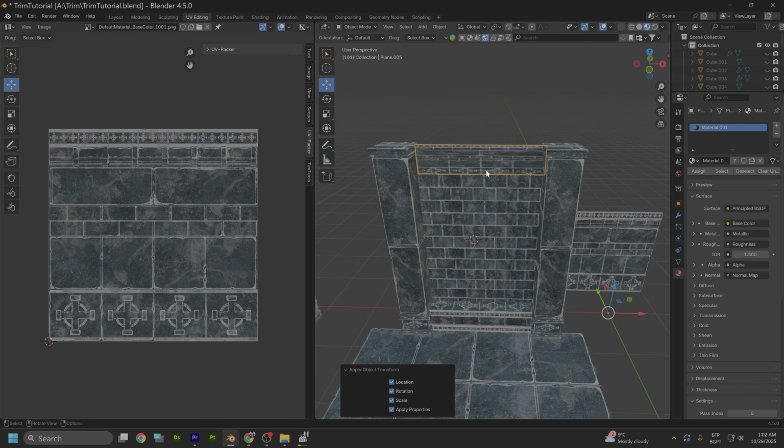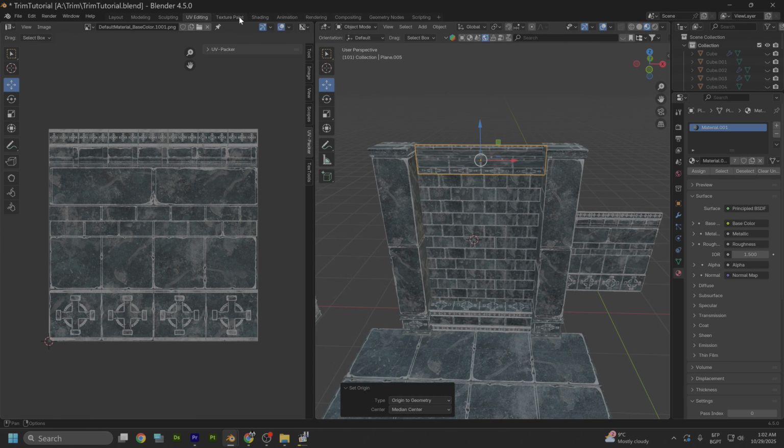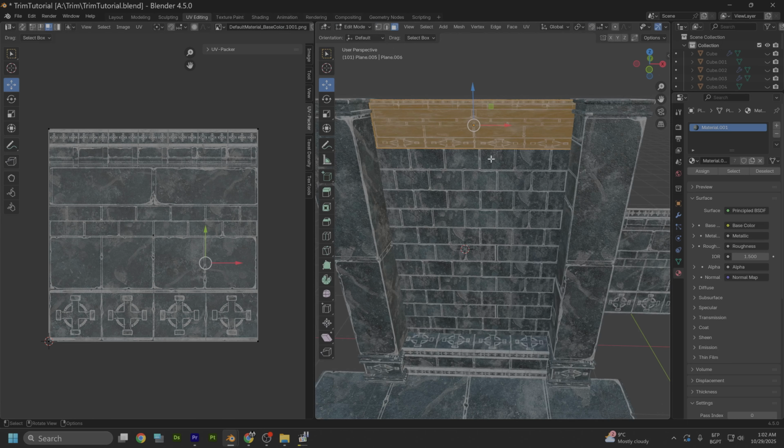Let's reset all transform, set origins to geometry. Let's go to anywhere in UV editing, and let's unwrap angle paste, select, rotate 90 degrees, and let's move this here, S and Z, sorry, S and Y,